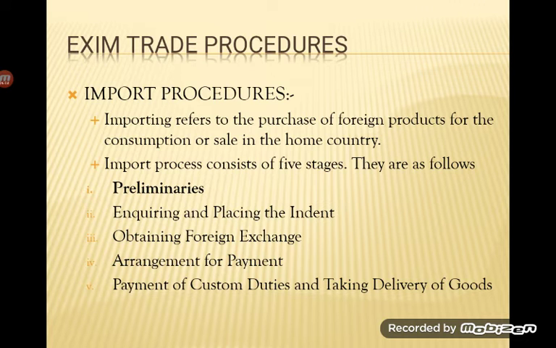So the Reserve Bank of India releases the foreign exchange on the basis of the strength of the application, the availability of foreign exchange, and the foreign exchange policy of the government. Arrangement of payment is one more step which we need to include here; obtaining foreign exchange comes under that. The importer has to make arrangements for paying for the imports after obtaining the foreign exchange. Now RBI has sanctioned him whatever foreign currency he required for making payment to the exporter, so he has to make the payment arrangement.